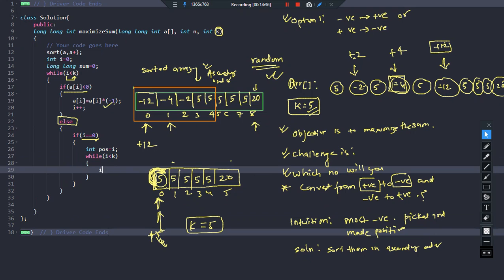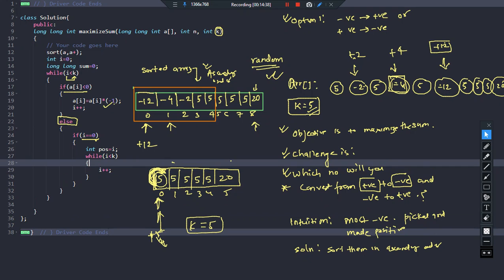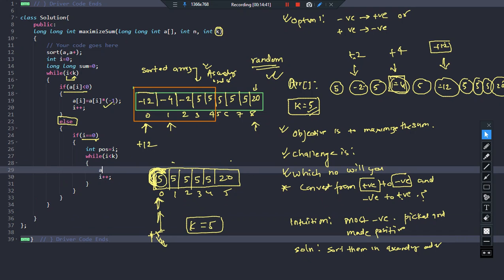What are we going to do? We are going to say I plus plus, keep on incrementing I, and meanwhile a of POS will be equal to a of POS into -1, right?